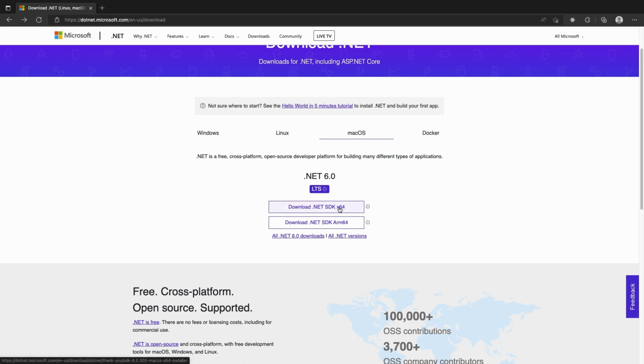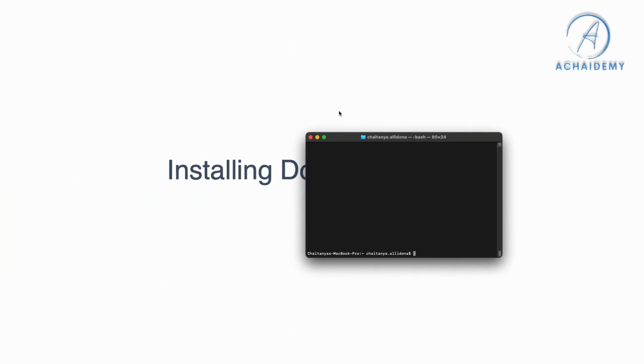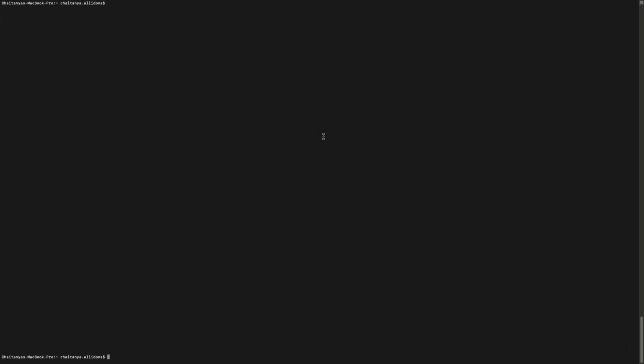So all you need to do is download the SDK and follow the process for your OS to install the library, install the package. Once you have this installed, you can open up the command prompt, or the terminal in Linux and Mac, and then, if everything is installed right, in order to validate whether .NET is already installed, you can type in .NET